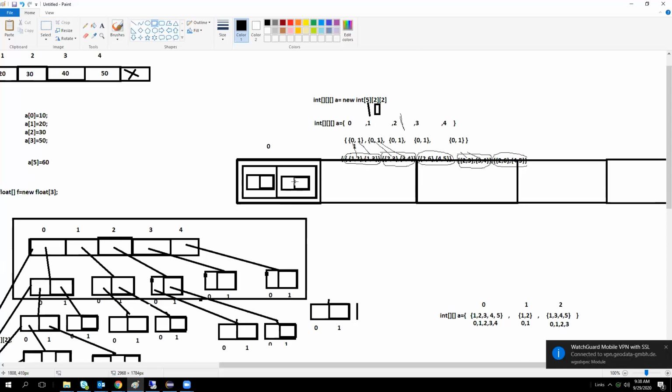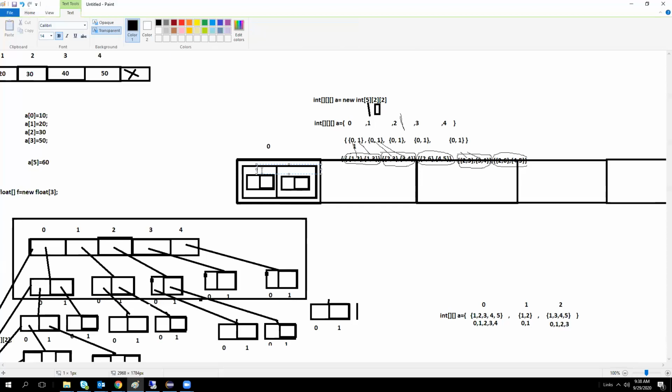So let me say what I understood: the first declaration, 5, will be the parent one. Yes. The deeper you go, it will be a child inside a child. Yes. This is the 0th and this is the first. Again we have 0.